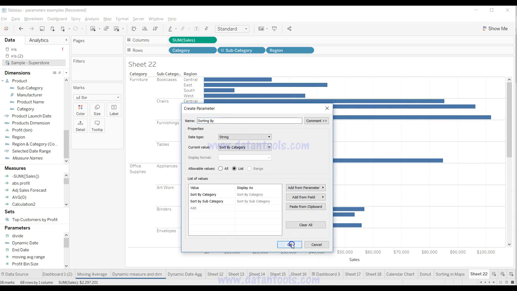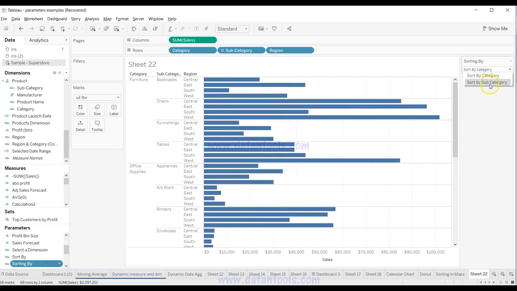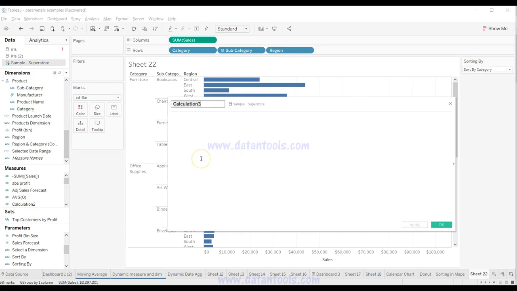I have created something else earlier, so I'll just go ahead and show it here on the show parameter control. Sort by category, sort by subcategory. Right now it is not connected to any calculated field, so I will create a calculated field, sort by category. So sort by category, and the category is: if sorting by equals sort by